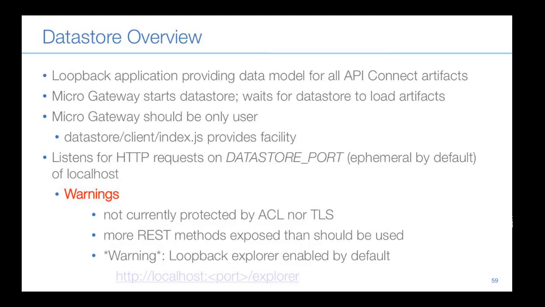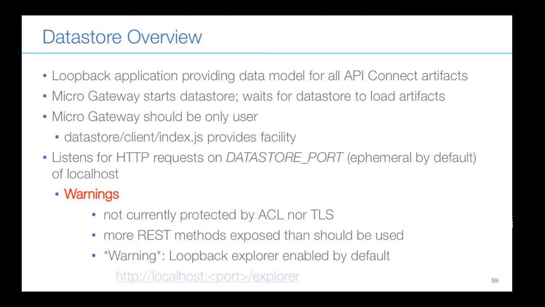In reality, all that should be exposed are GET-type methods; updating of information shouldn't be allowed by the data store. And another warning: the Loopback Explorer is enabled by default. So if you knew what ephemeral port the data store was listening on, you could hit that with your browser and view the information